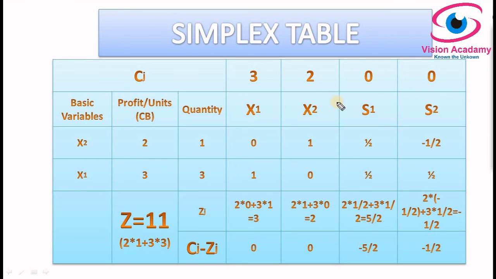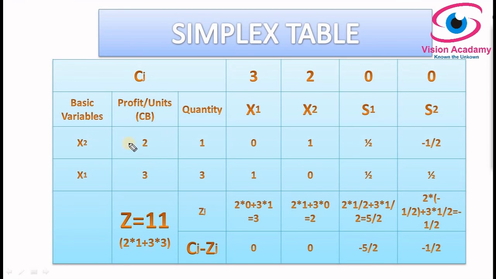Now observe the x1 and x2 values, the basic variable values, carefully, because it must be an identity matrix. Look here, x1 is in the identity matrix, x2 is also in the identity matrix, that is 0 1 1 0. These values must be unity, and unless you ensure the basic variables form an identity matrix, you cannot move further. Then you can calculate the z value, zj value, and cj minus zj value, because you have made an identity matrix.